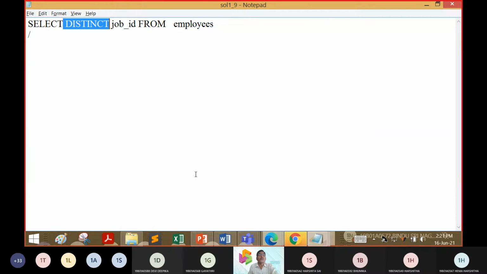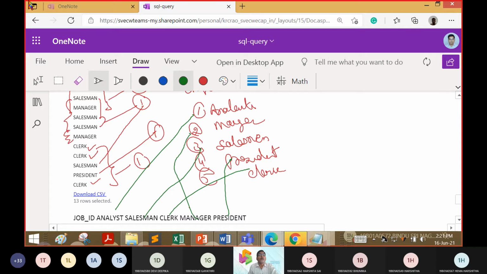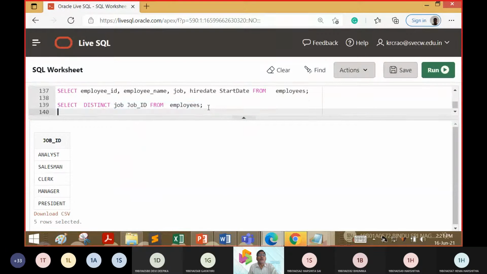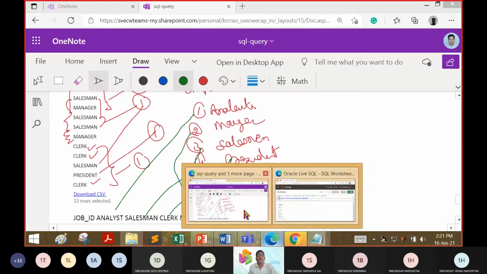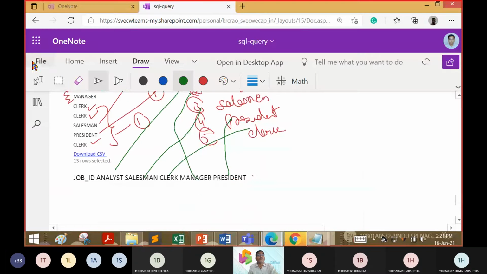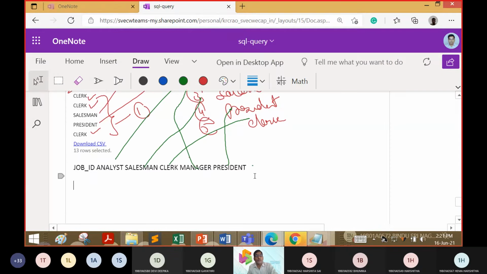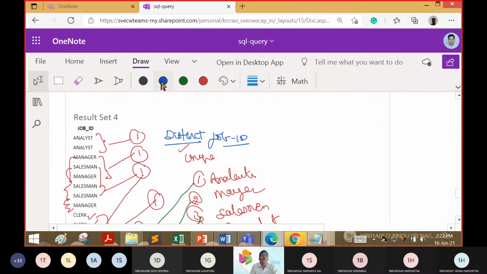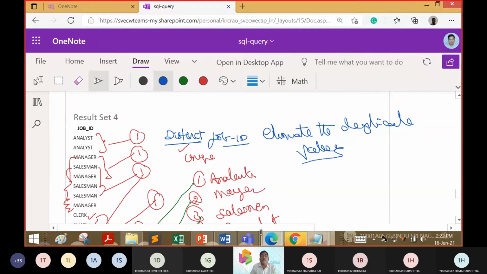The correction we made was adding the word distinct. That is the reason why we are able to eliminate the duplicate values.